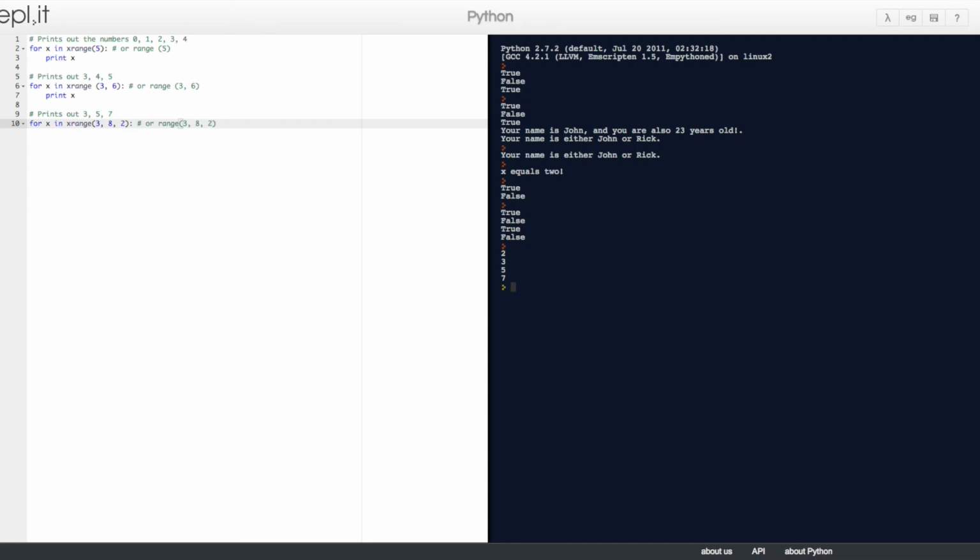So we close the parenthesis. We want to print x. Okay, these should be closer. Okay, so let's run this. So it's printing 0, 1, 2, 3, 4, 3, 4, 5, 3, 5, 7.